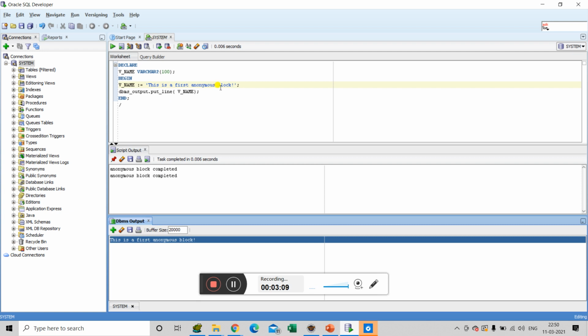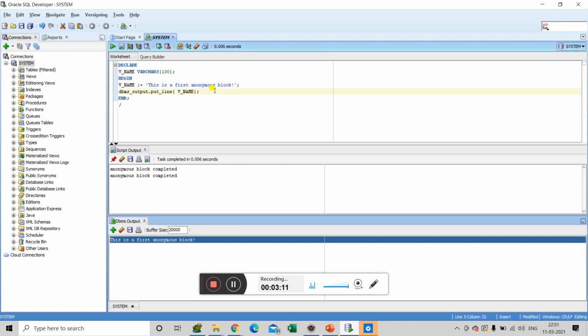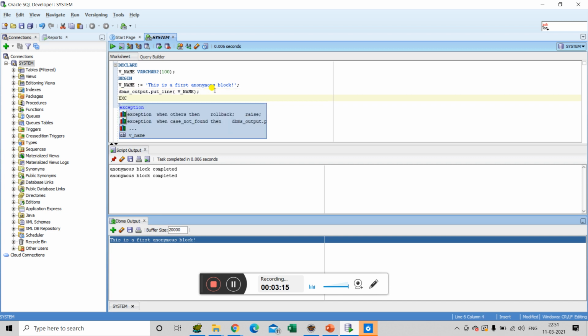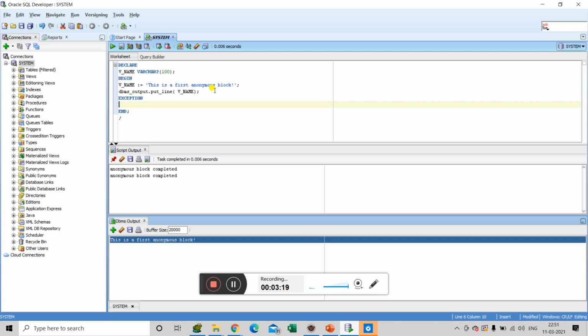Now in this anonymous block, I am going to add one exception block as well. As I have already explained to you, the exception block contains a keyword called exception. Then there is a when clause that defines which type of exception the handler is going to be called for. The simplest type of exception is others.